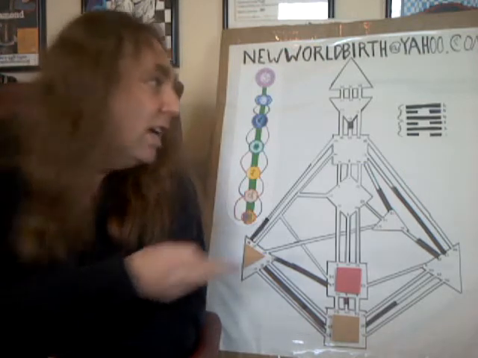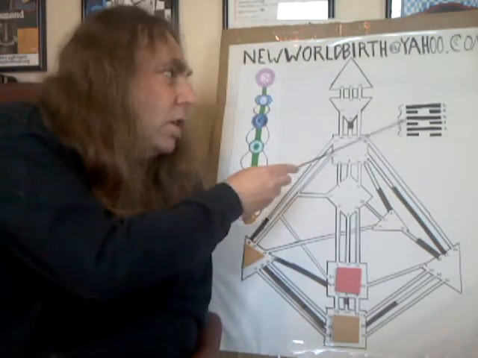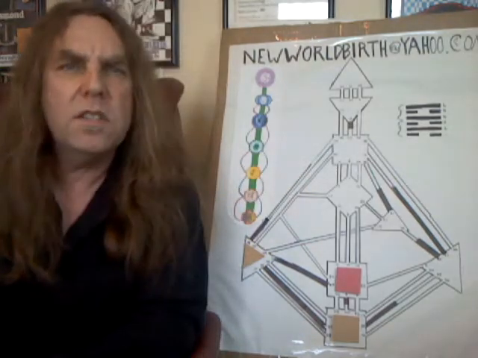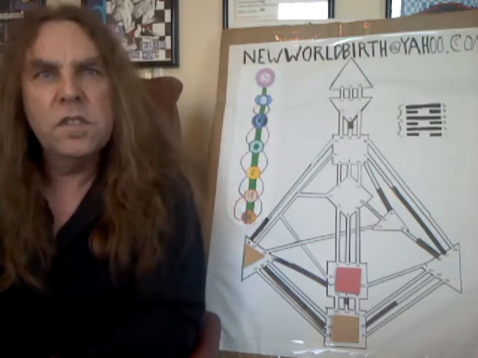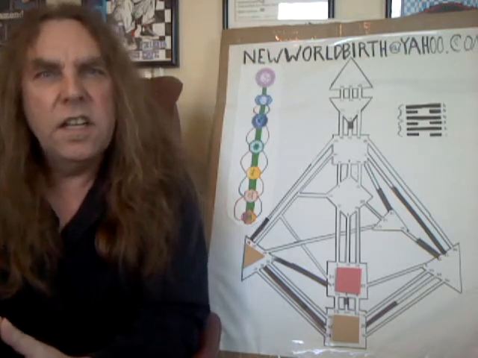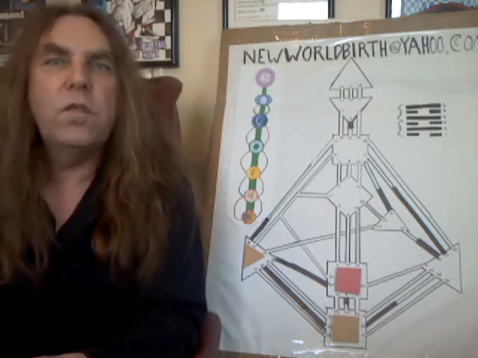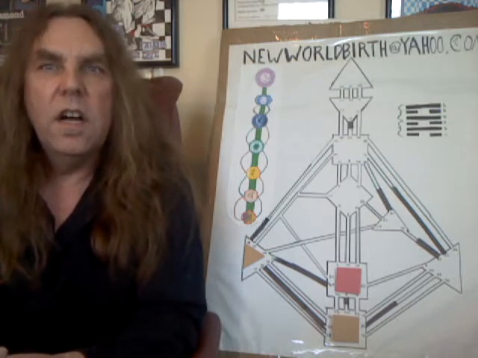Now, fourth line days, again, this is where we're shifting from more of a personal process in the lower trigram to a transpersonal process in the upper trigram. So, again, the fourth line is moving us from an inward perspective to the outward perspective. Again, we've got themes of friendship, companionship, networking. Fourth line days are a better day to have that party that maybe you were planning for the second line day. This is friendly and social energy.